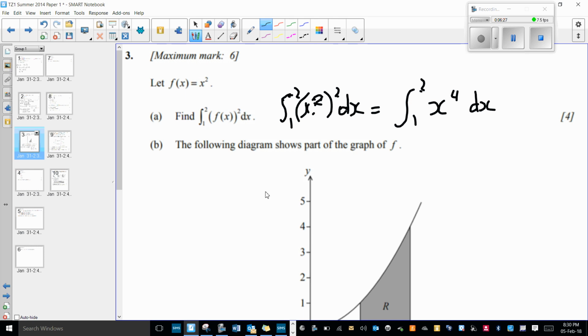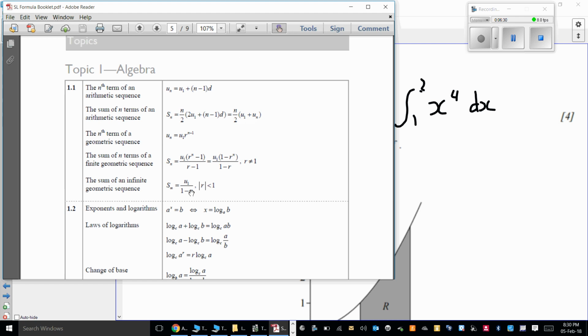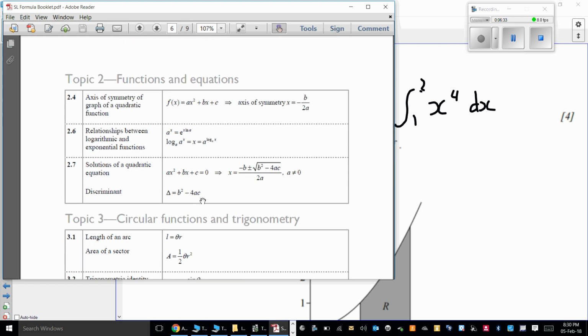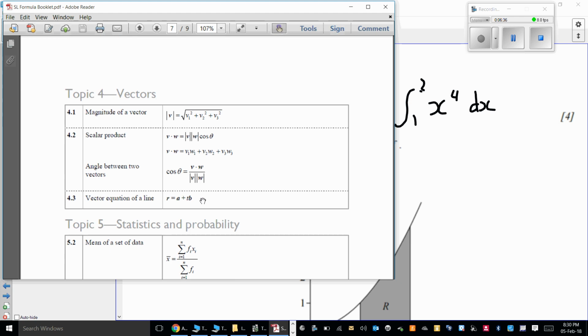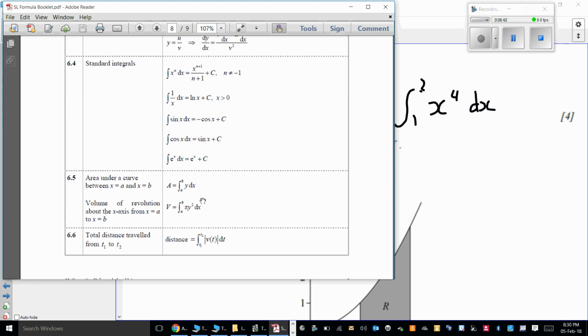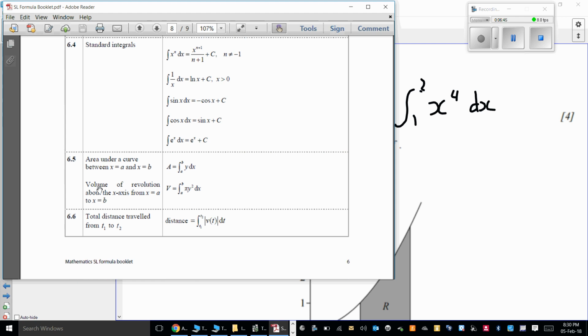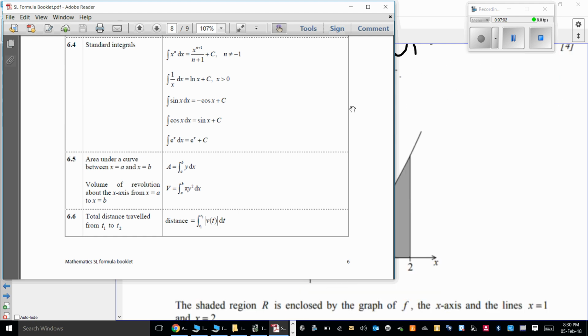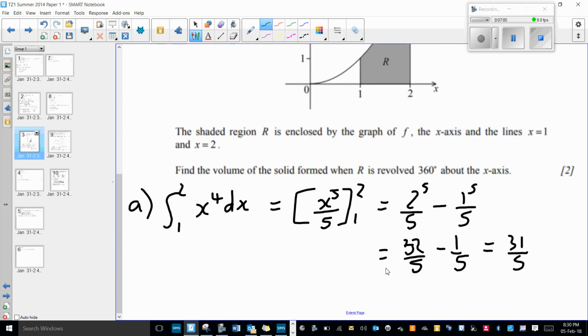Now if we go back to the formula booklet, and here on the calculus page, if we remember that the volume of revolution about the x-axis between A and B is given by pi times the integral of y squared. Well, we've obviously just found the integral of y squared between B and A. So all we have to do now is multiply that answer by pi. So part B is simply going to be 31 pi over